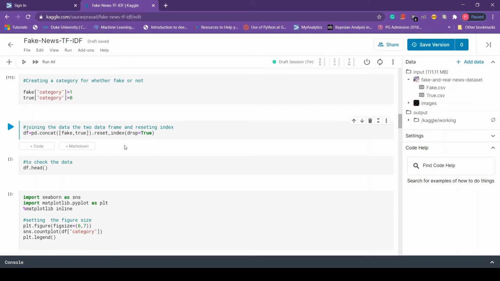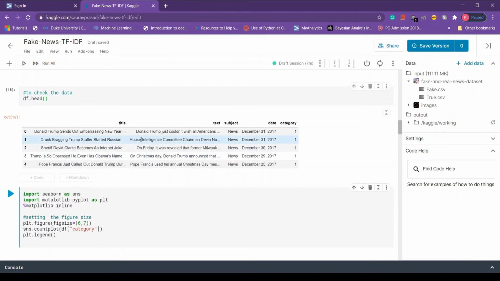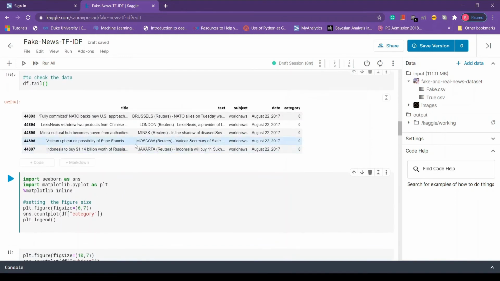So let's do that, and this line of code is doing the same thing for us. Now let's check the newly created data frame. So calling the head method to check the head. Similarly, calling the tail method of the data frame to check whether we successfully applied this or not. So we see 0 0 at the end, which means the data frame is successfully created.